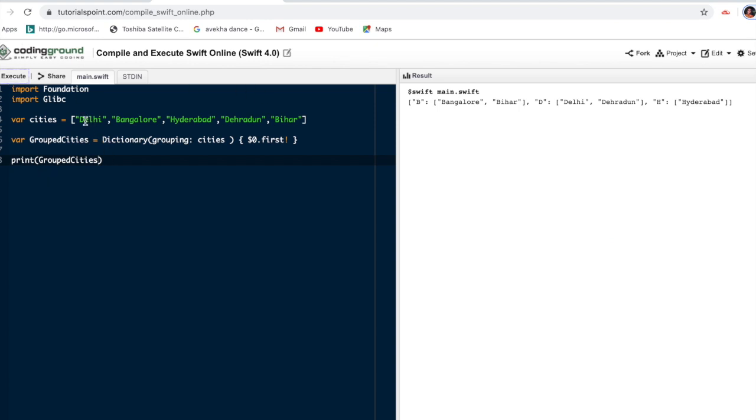See what happened from this first grouping, that means this dollar zero dot first.